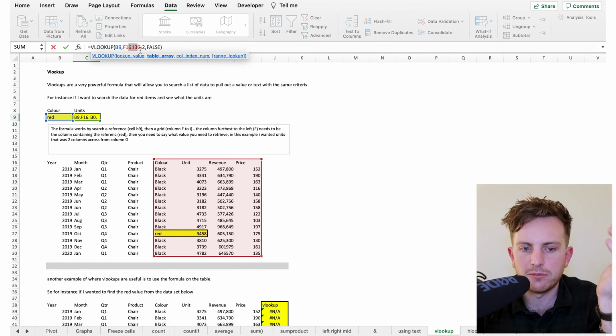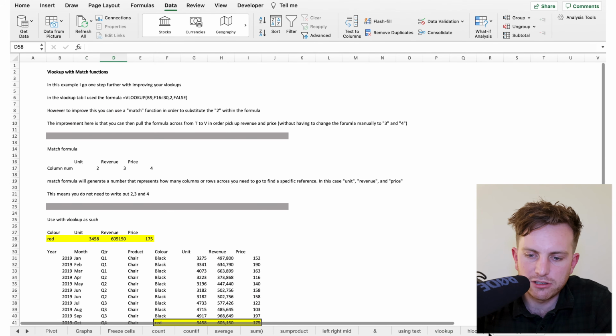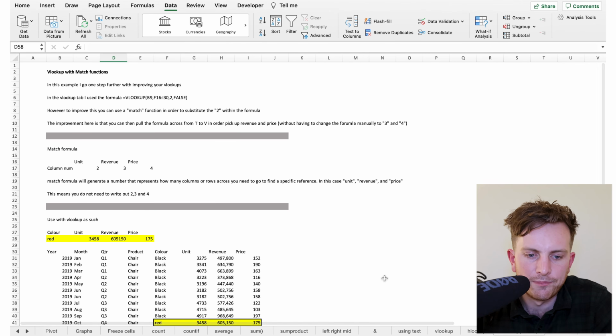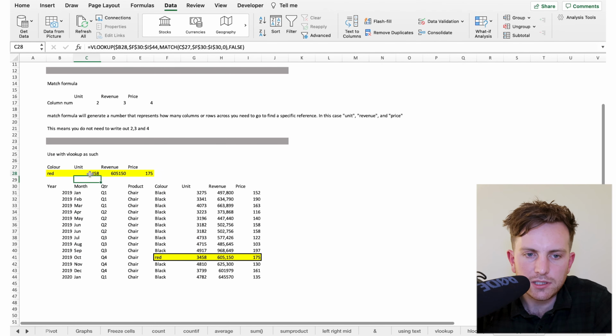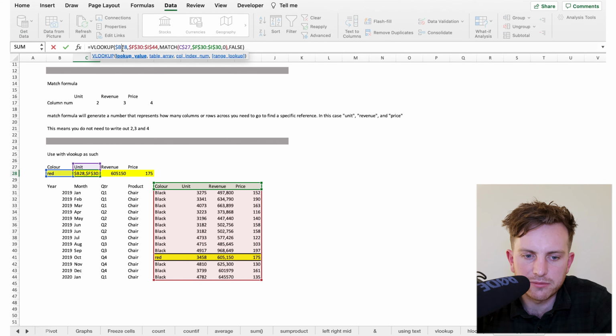Then how many columns across would you like to pull the data out? So 2 columns across will pull out 3, 4, 5, 8. If you wanted to pull out the revenue, you go 3 columns across, okay? A variation, HLOOKUP's the same way, but a variation on this is the VLOOKUP match tool. What this allows you to do is the same formula, okay? So what I'm doing here is I'm saying B20 VLOOKUP, B28, which is red, then select the area, which is